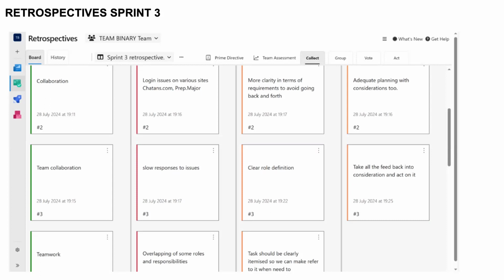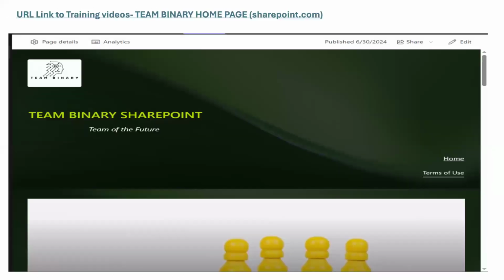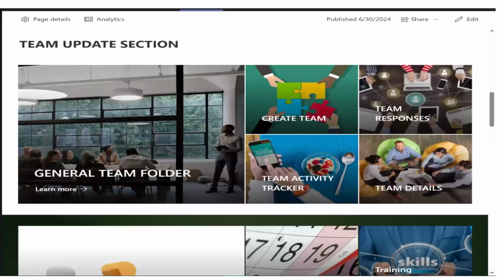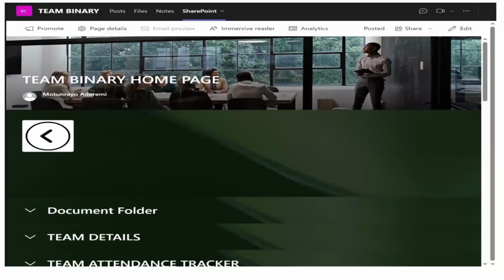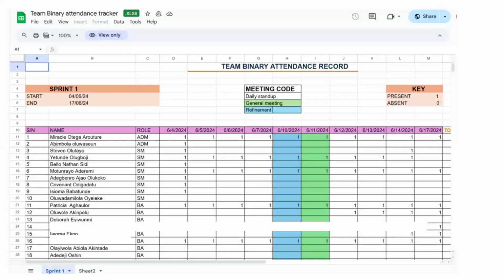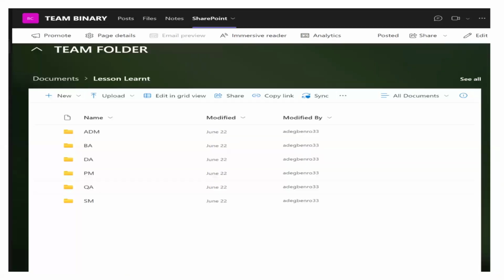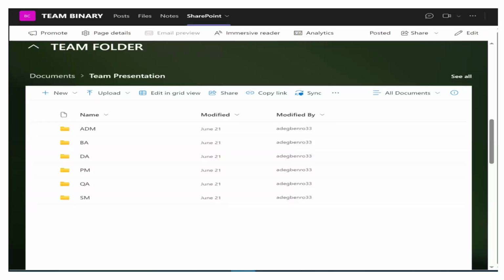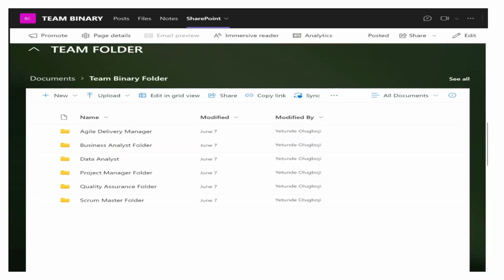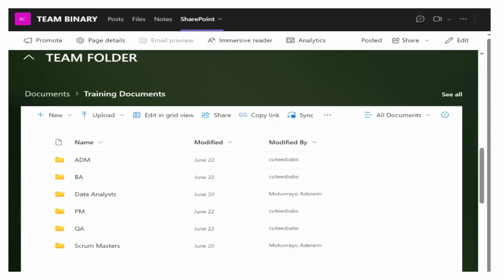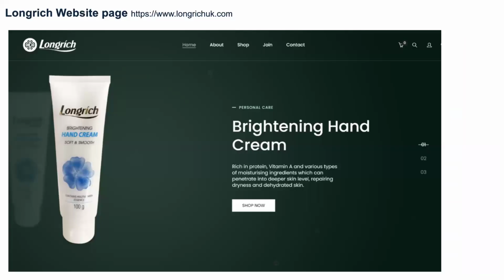By the time we got into sprint 2, we had better scheduling of events, turnouts were better, keeping documents up to date. Next slide, please. Continue with the slides. And go to the SharePoint page. Part of what we did in SharePoint, we have screenshots of the SharePoint page. Next, please. We have a screenshot of the tracker. Here we have a link to the training videos, the lessons taught with the training videos. Here also we have a snapshot of what is worked upon by SMs on the team folders.